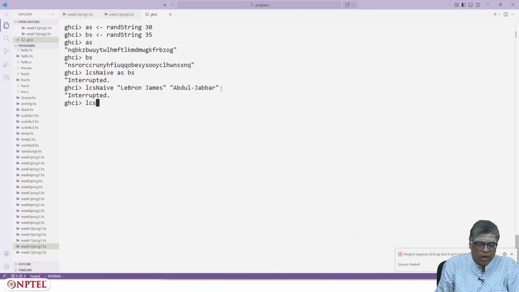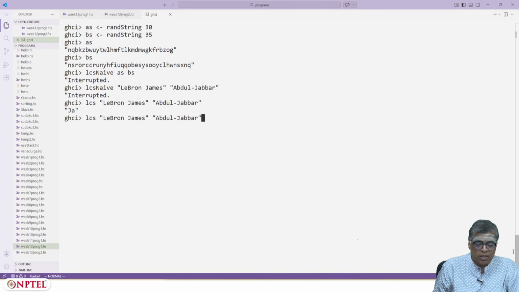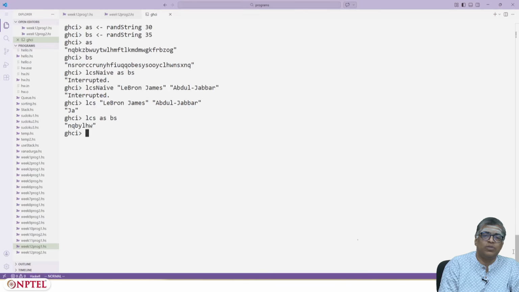I have a normal LCS, the non-naive LCS, which I can try on that as well. Yeah, this returns immediately, not just on this, but also on the other thing. It was extremely quick.